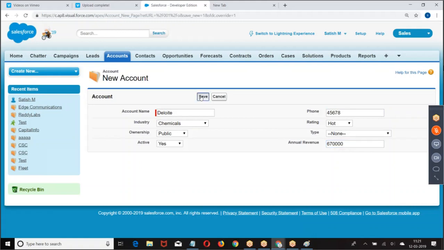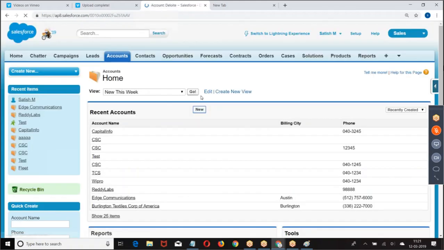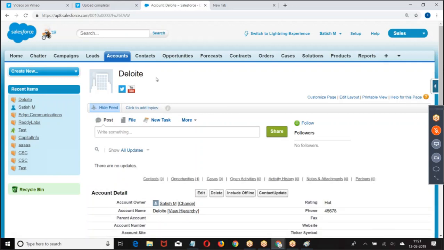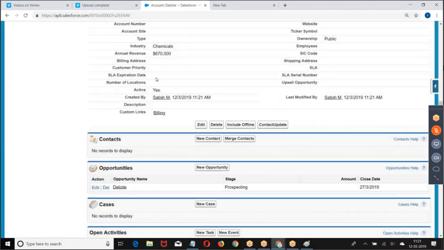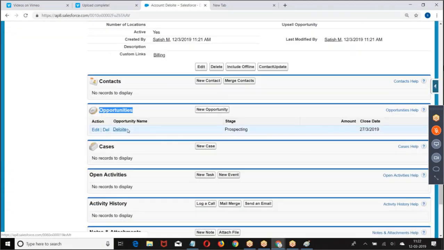A new account is created with the rating equal to hot. Whenever a new account is created, an opportunity is created. Right? After the account is created, we are creating an opportunity. Was that clear for everyone?